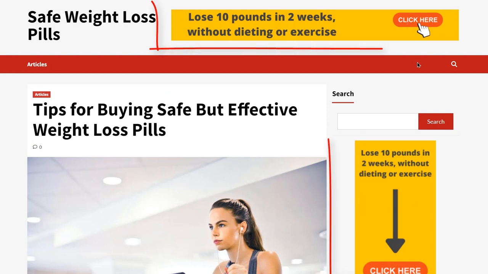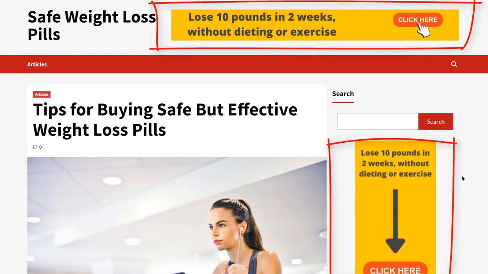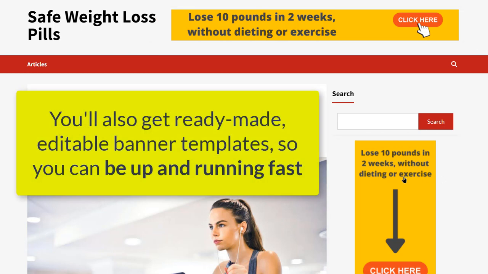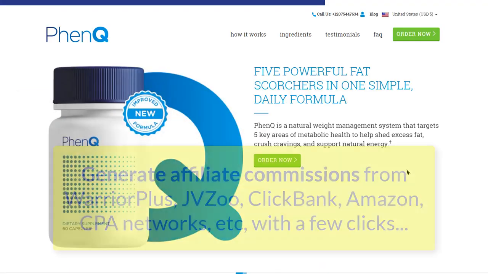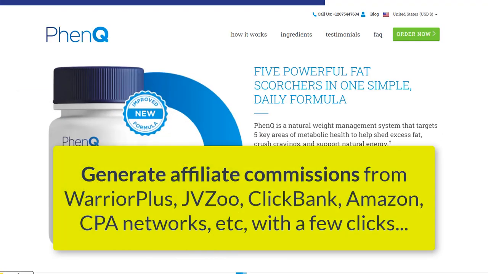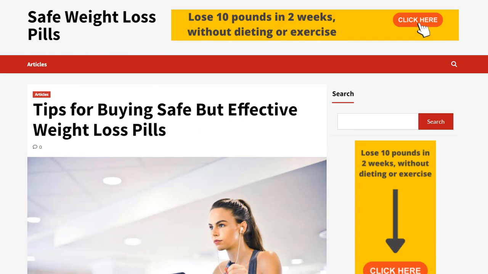We have also added some banners here. You can add your own banners. It takes a few seconds. We'll show you exactly how this is done. And you can link them to your affiliate link, so that when someone clicks on one of the banners and, let's say, visits a website and buys, you get a commission. And it is that simple. There's nothing technical to figure out.